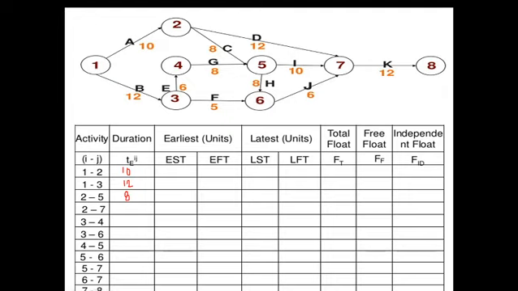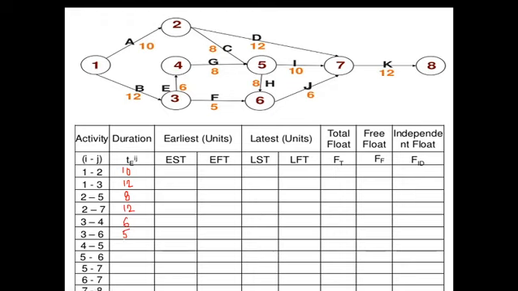Look at the network diagram. Where is activity 2 to 7? Activity 2 is over here, to activity 7. So the time period is how much? 12. So 2 to 7 goes for 12. Activity 3 to 4 is 6. Next 3 to 6, look at the network diagram, it is 5. It can be 5 days, 5 weeks, whatever it is.